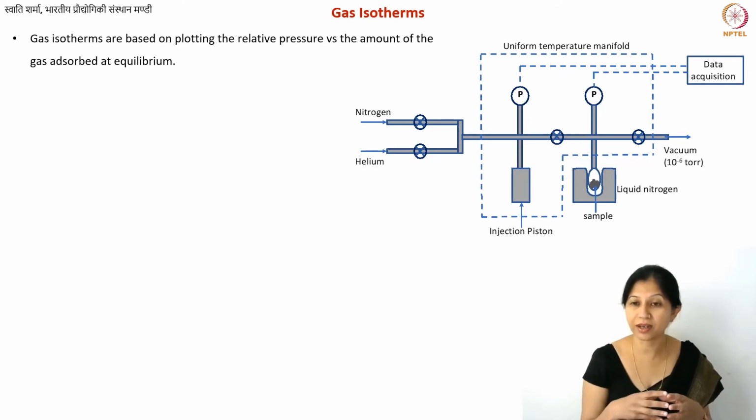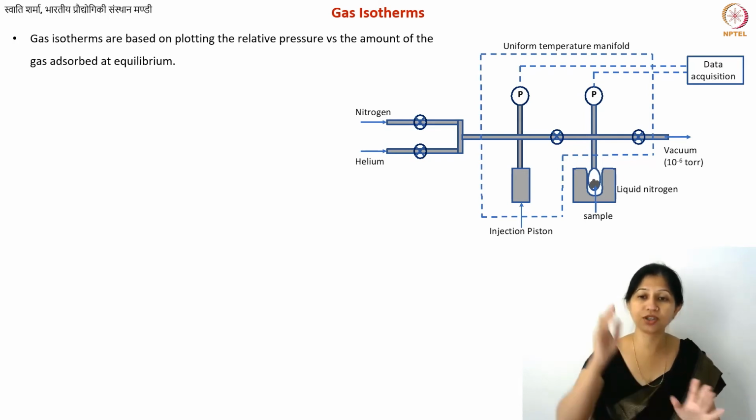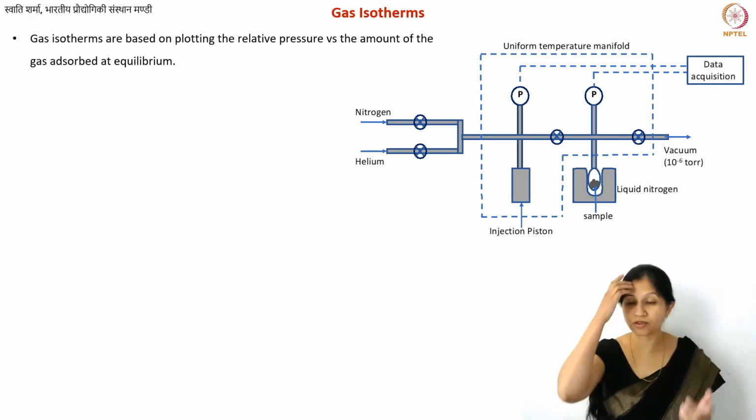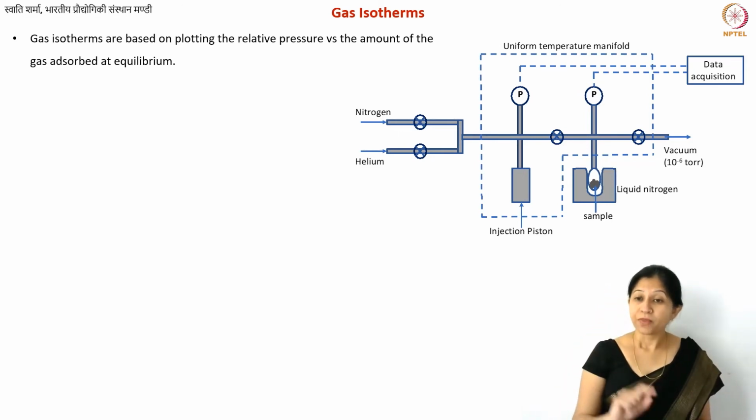Here I have shown a schematic of the equipment that is typically used. There are a lot of valves, a detector, a sample holder and so on. The important thing is that you have liquid nitrogen filled around your sample. Why are you using it here? Of course, you're using some gas also for adsorption. It can be nitrogen, it can also be argon or helium, but you also have liquid nitrogen temperatures maintained when you're performing this experiment.